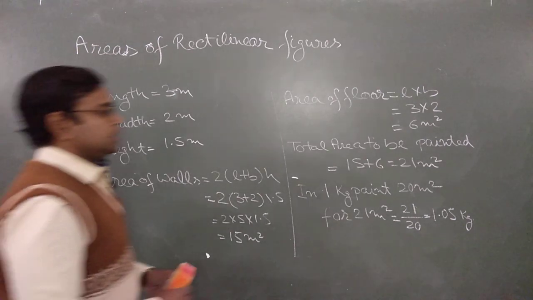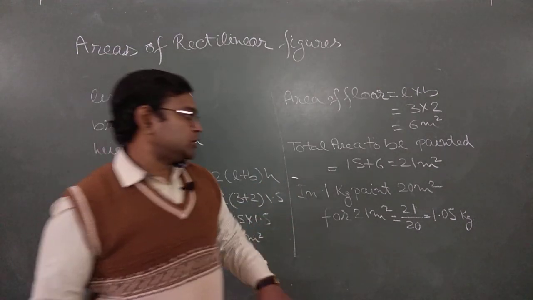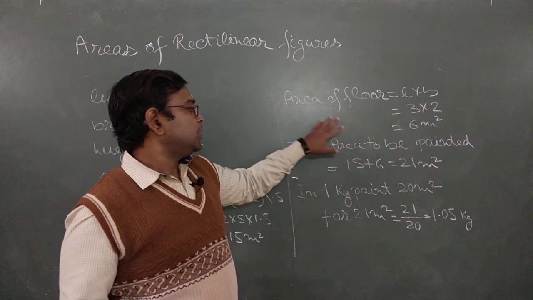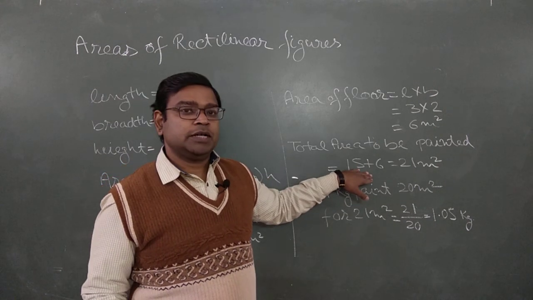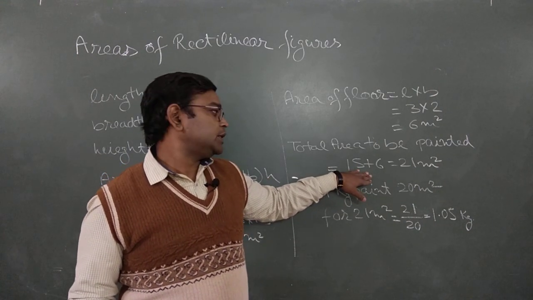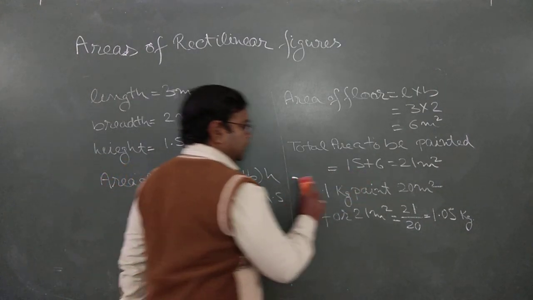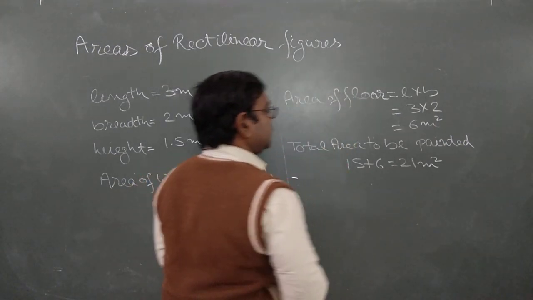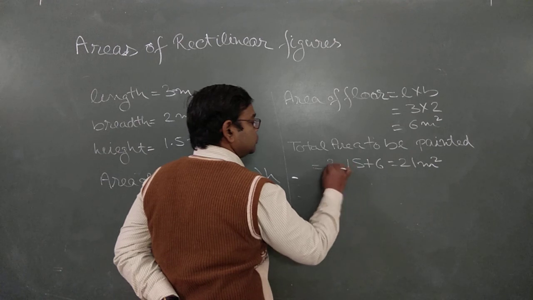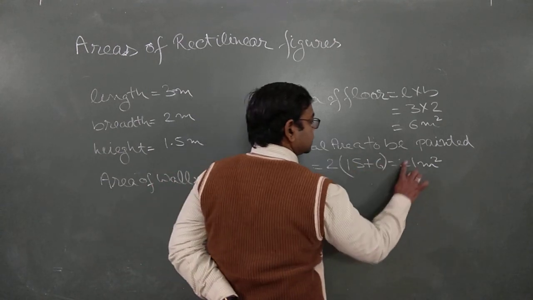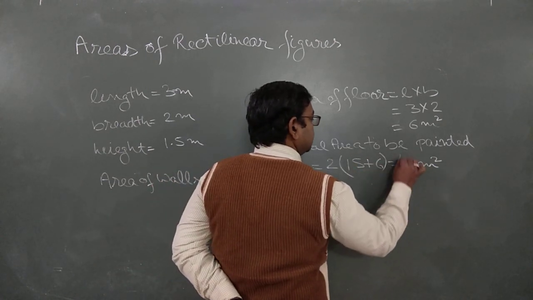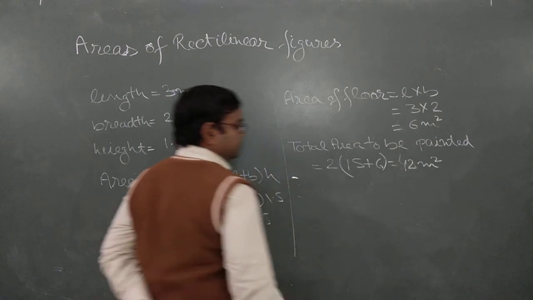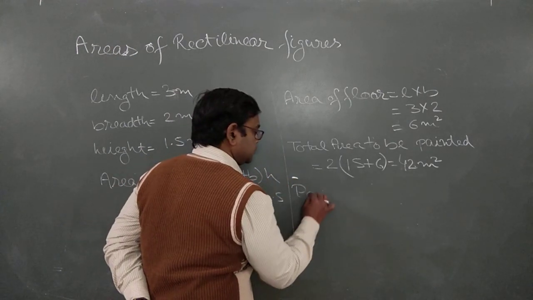The question says inside and outside, and this is the area of only one side. We have to double this area. So total area to be painted equals 2 into 15 plus 6, that is 42 meters square. So paint required,